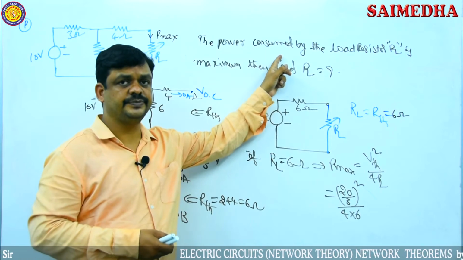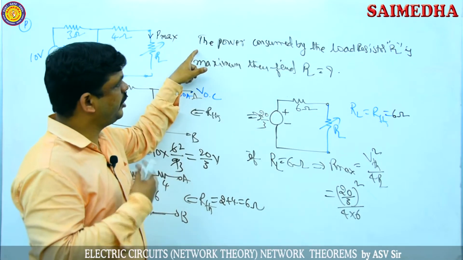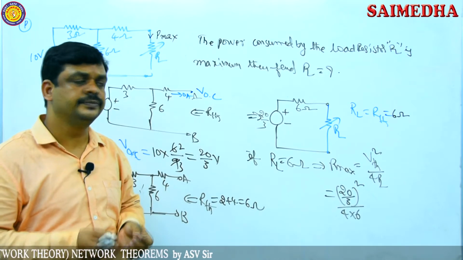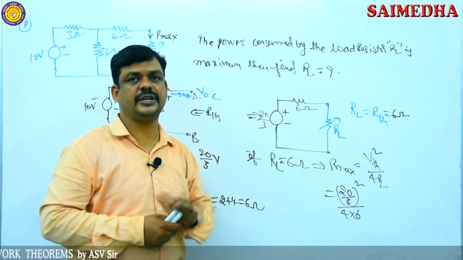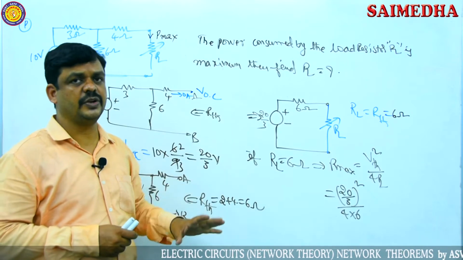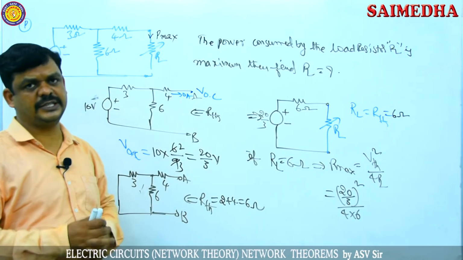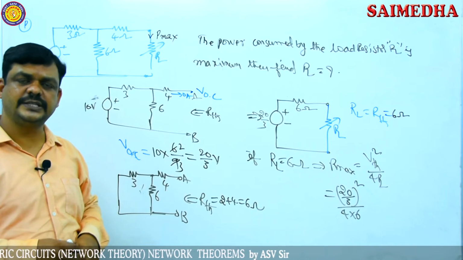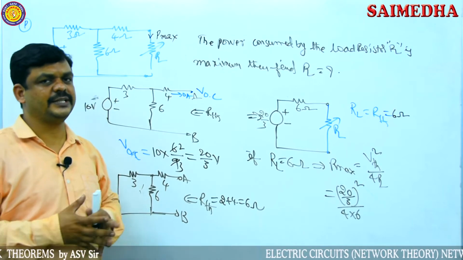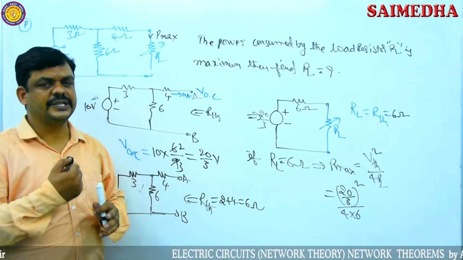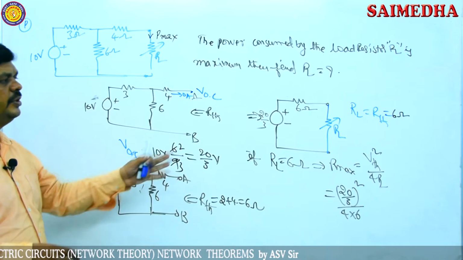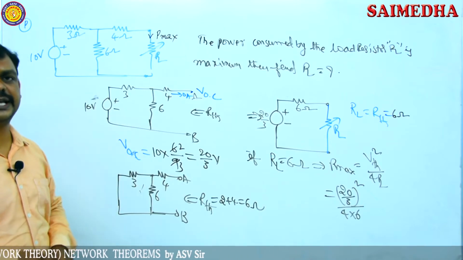To find the load resistance, we compulsorily require this condition. If the problem says that the power consumed by the load resistor RL is maximum, then find RL, it means you have to take this condition. Otherwise this condition is not considered, and this condition is only for DC circuits. If the circuit is a DC circuit, we have to apply this procedure. Similarly, we have to discuss AC circuit conditions, because in AC circuits 3 different combinations are there. So we will discuss some problems from the maximum power transfer theorem. Please note down the solution of the given problem.